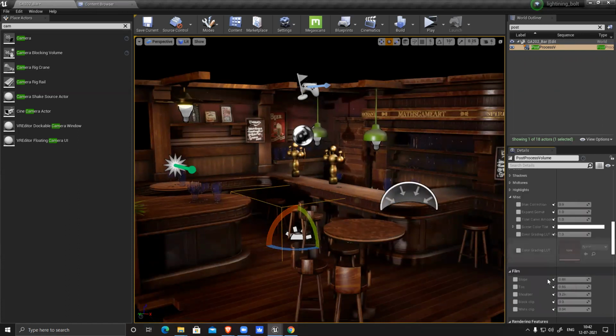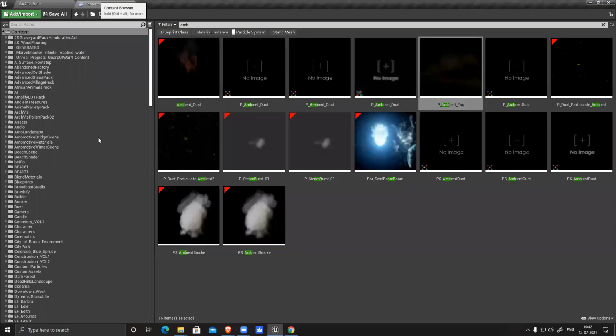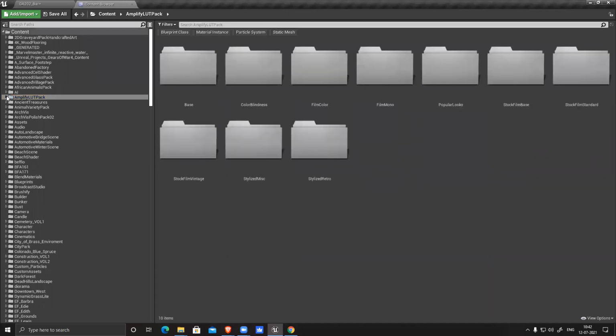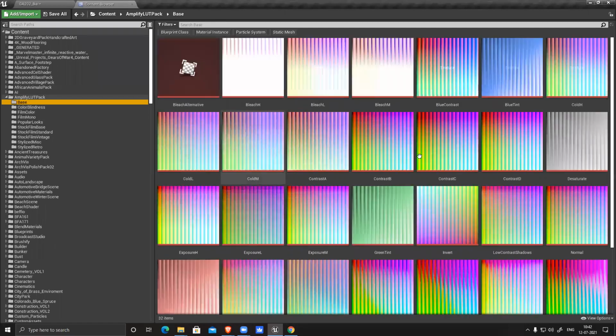And under color grading, there is something called LUT maps. LUT maps are basically predefined color correction or color modified things. You can download a LUT pack, which is already available in Unreal Marketplace. You see, Amplify LUT, this thing is already there. If you go and open, you see base.